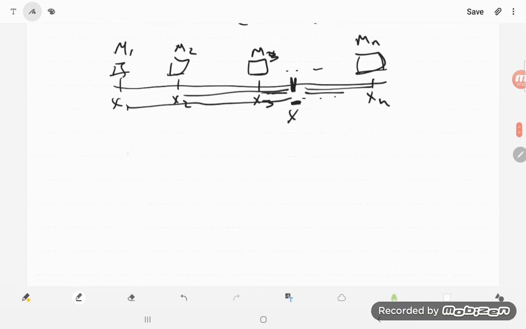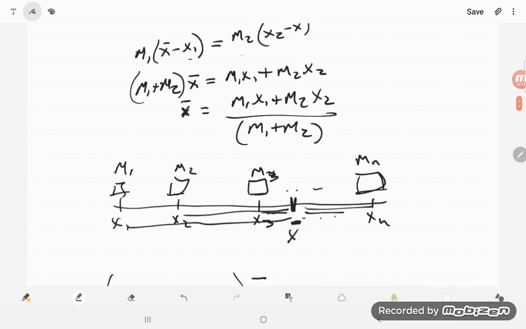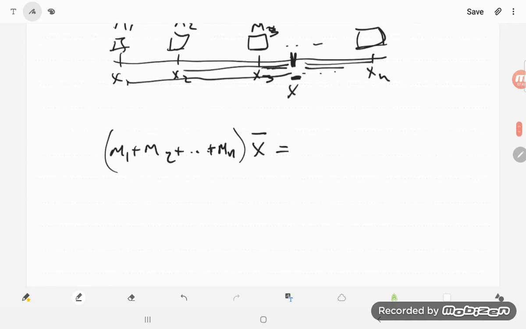So I would do that same subtraction and solve for x bar, and I would have an m1 plus an m2 plus all the way up to m sub n times x bar, just like I had m1 plus m2 there times x bar, and then equals my m1 x1 plus m2 x2 plus all the way out to m n xn,